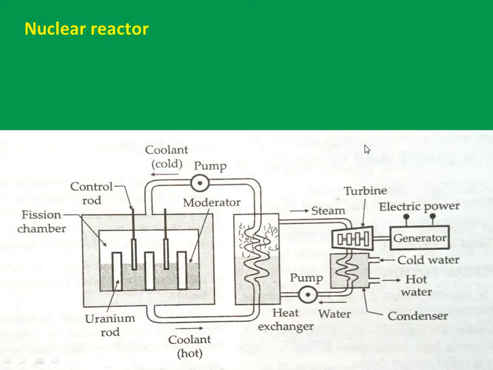Okay, right. Coming to the next one, we have control rods. Can you see here? Control rods are here. The duty of control rods is to absorb. Moderators will slow down while control rods will absorb. The materials that can absorb neutrons and control the nuclear chain reaction are called control rods. Generally cadmium or boron rods are used for this purpose. So these are cadmium or boron.